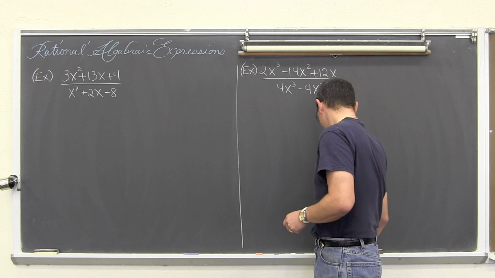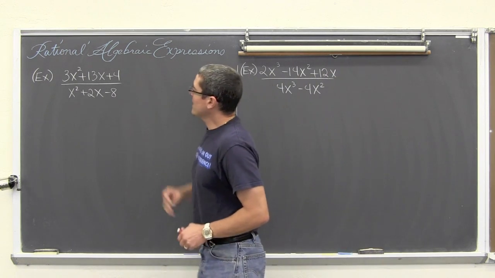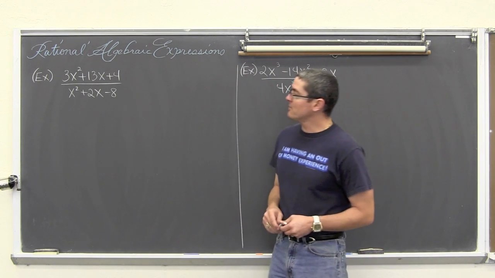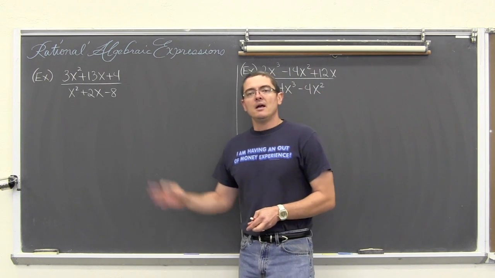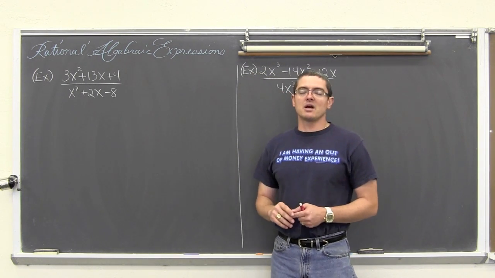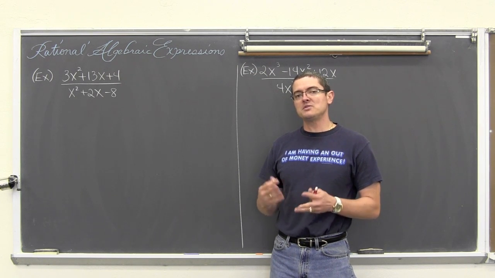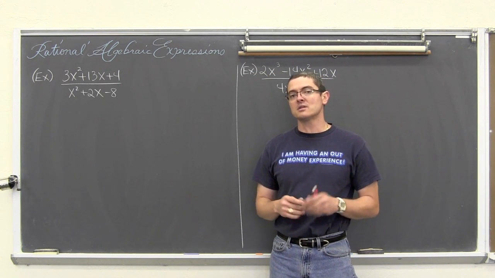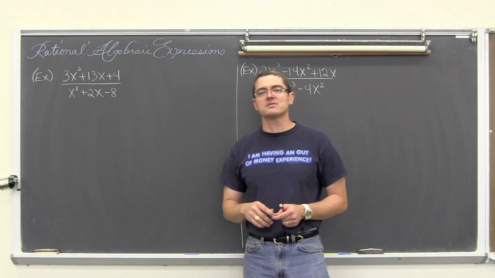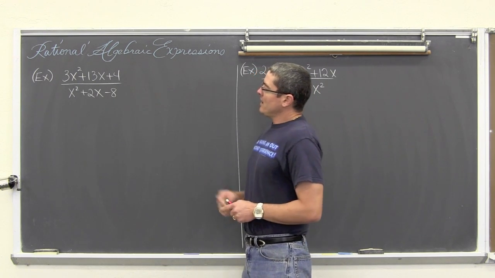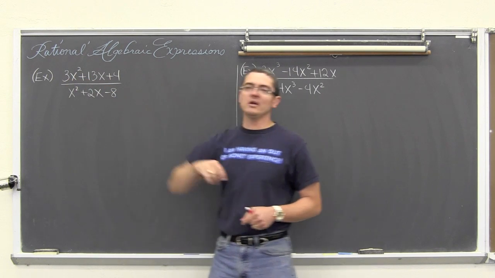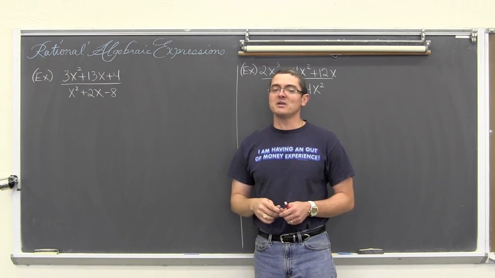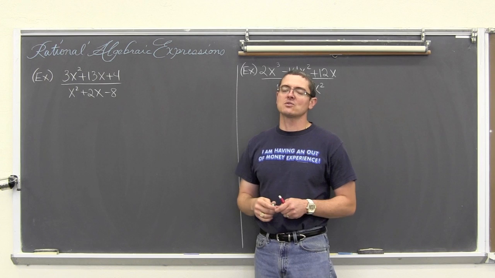So, we have 3x squared plus 13x plus 4 over x squared plus 2x minus 8. This is written so that the numerator and denominator are factorable, and you're going to find those common factors, not terms, but factors, and cancel them out. Well, our top polynomial, our top quadratic trinomial, has a leading coefficient that's not equal to 1. That means it takes a little bit of extra work to factor.